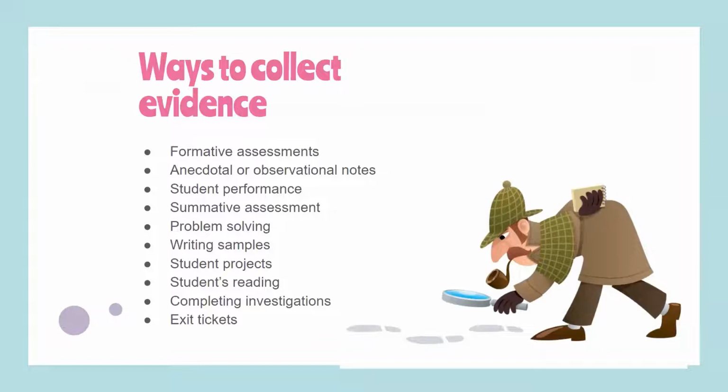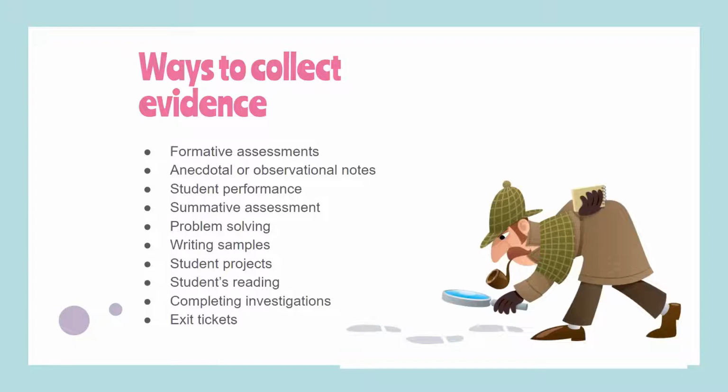As you look through the list there, you see some stuff: writing samples, student projects, students reading, having the kids read to you, talking to them about their reading. That all makes good sense. Formative assessment is usually a quicker, short assessment where the teacher is trying to determine, do they understand it? What do I need to teach next? Do I need to reteach this? And then the summative assessment, that's more of the unit test that most of us are familiar with,